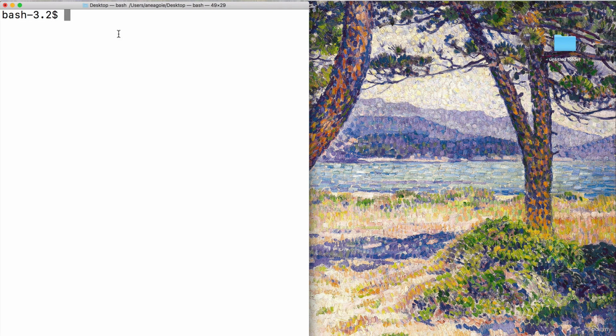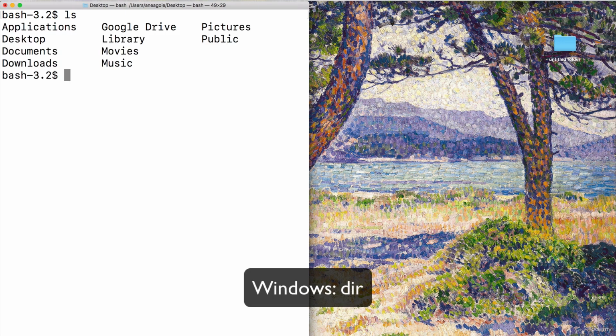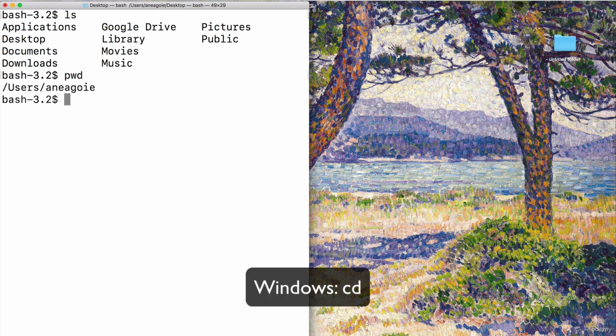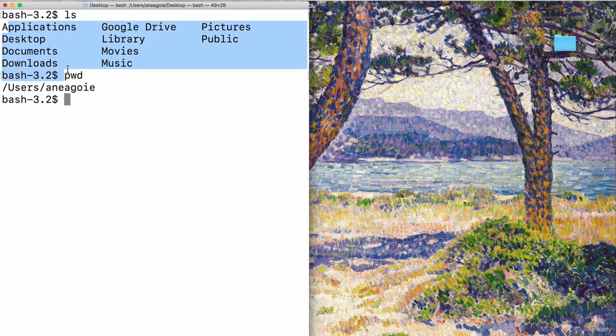The first command I'm going to show you is the ls command. I simply type it in and press enter, and it lists everything that is in my current directory. What is my current directory? Well, I do pwd for present working directory, and I see that I'm in the users. That's my username. So I'm in my username folder, and these are all the things available to me. If I do cd, then I can go into this.